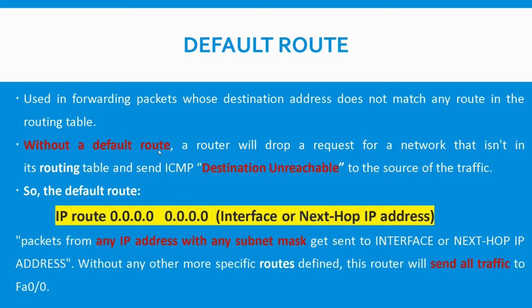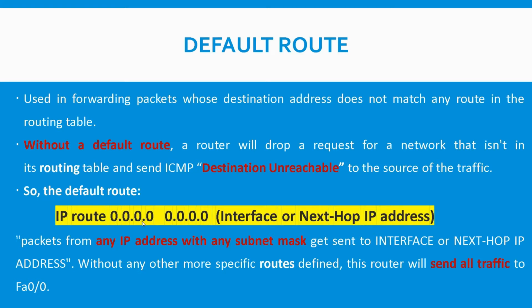If there is no default route, then the router will check the destination address. If it is not there, then it drops the packets with the response ICMP destination unreachable to the source. It is impossible for the administrator to configure all the network addresses in a router. So the administrator has to configure the default route, which is IP route